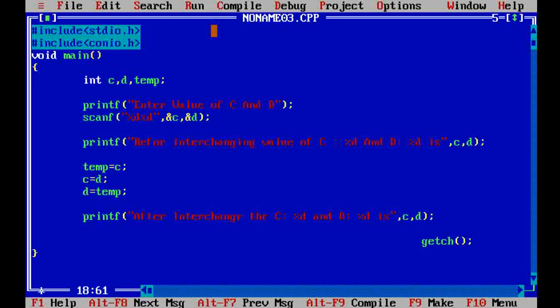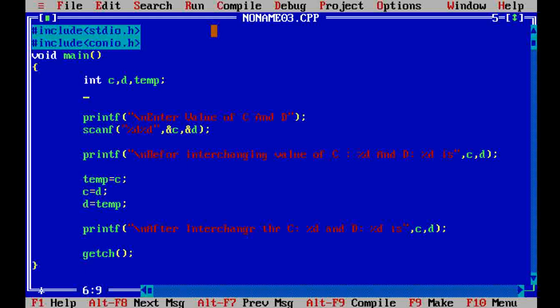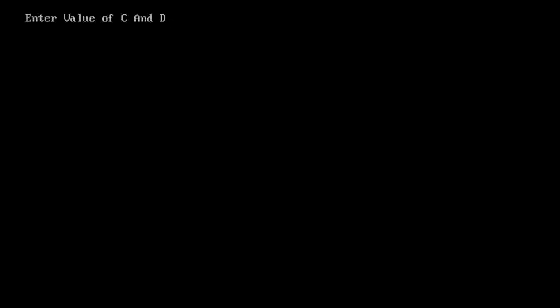This output is in one line. So suppose we modify it by just a new line. So we write here \n, here \n, and clearing the screen is also important. So we write here clrscr, clear the screen, then run the program.